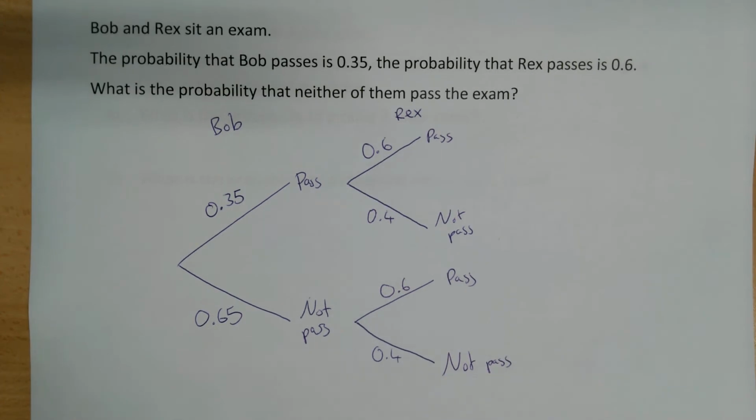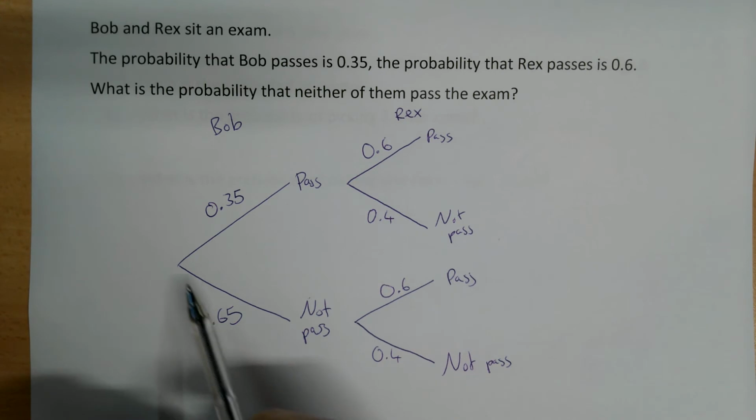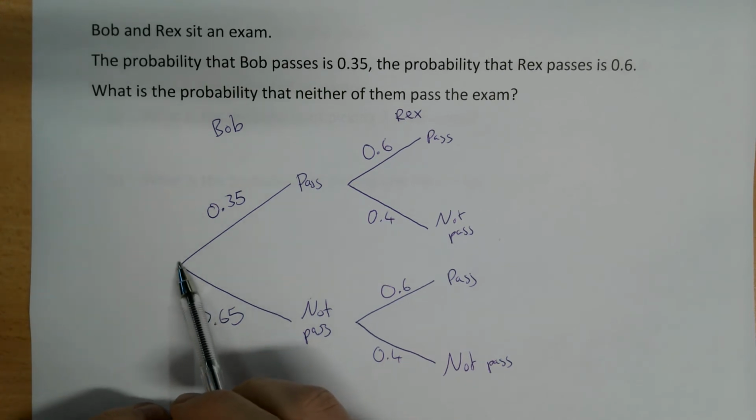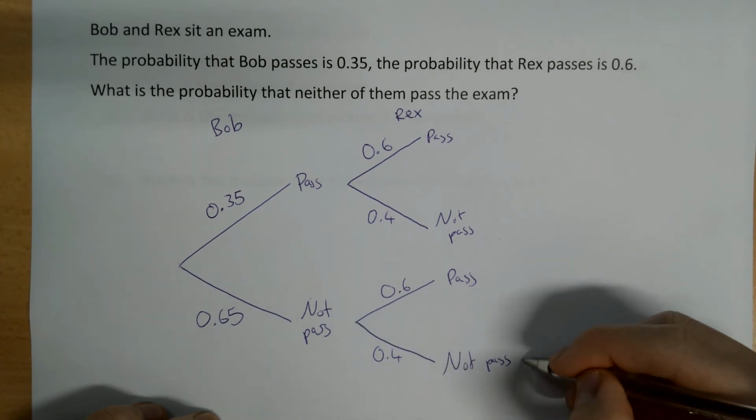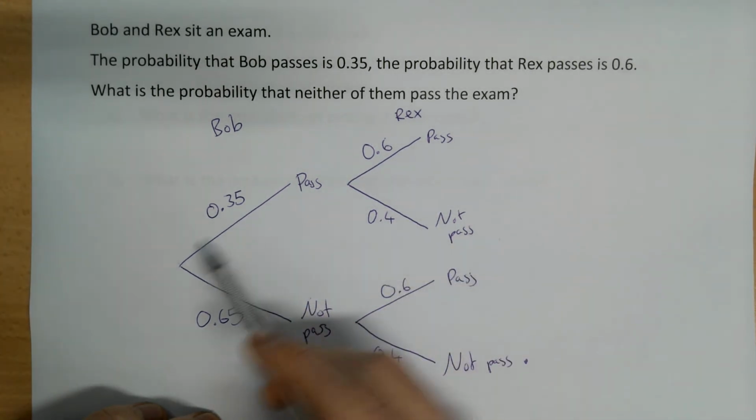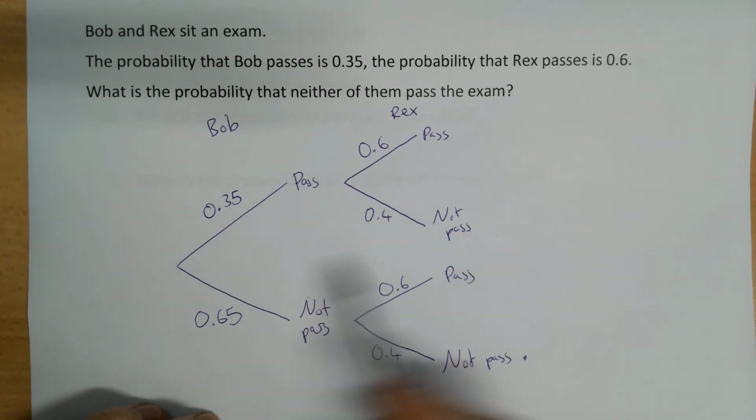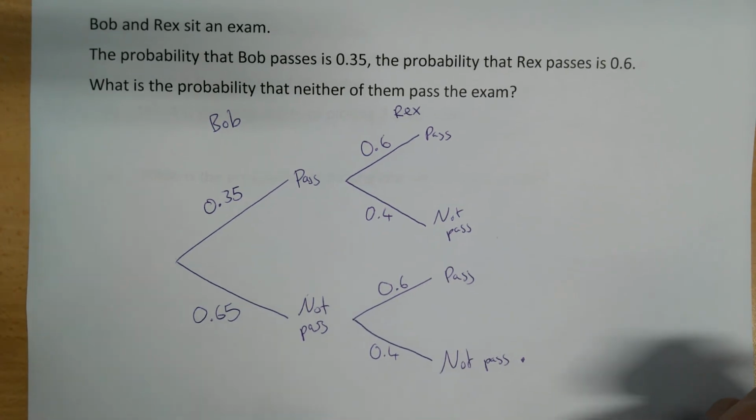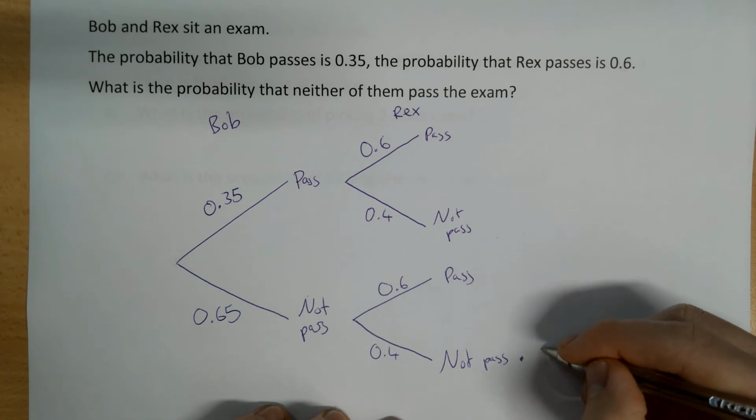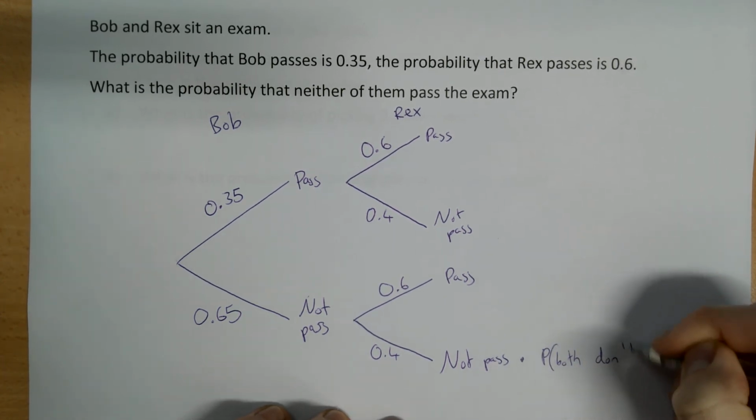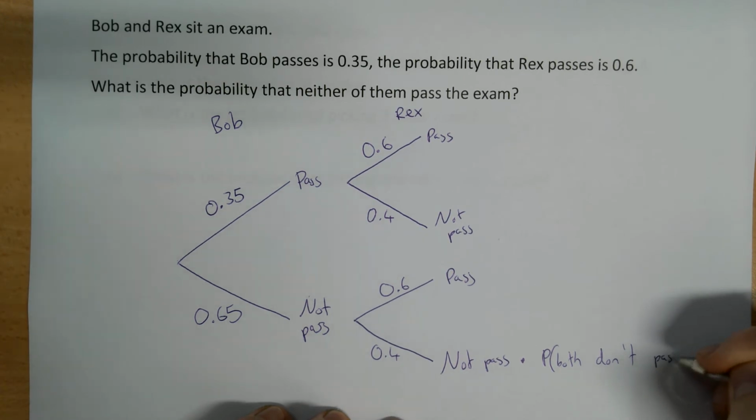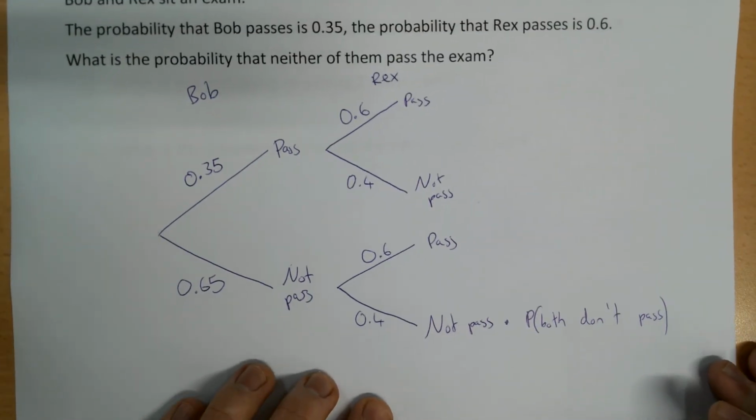We want the probability that neither of them pass the exam. If I start here, we're going to need Bob to not pass and Rex to not pass. That's the only way. This one they both pass, this one of them passes, this one of them passes. We want the probability they both don't pass, so we're going to need to do